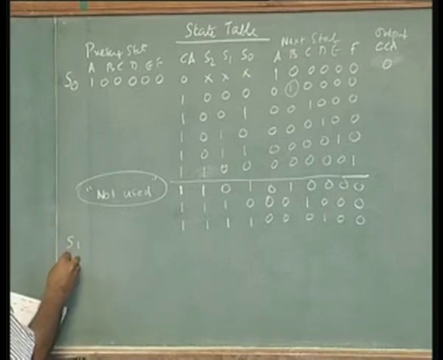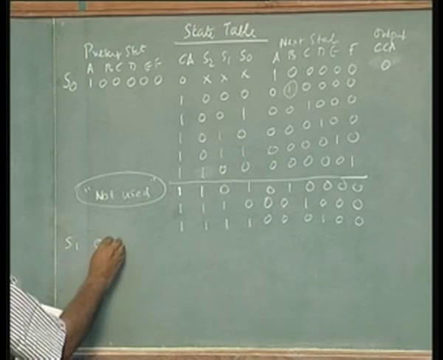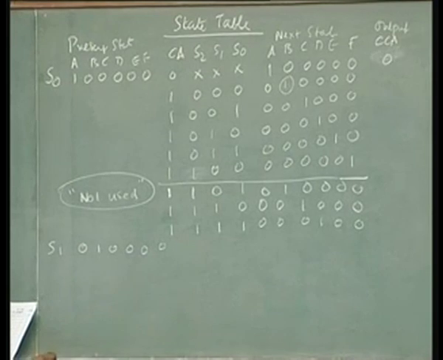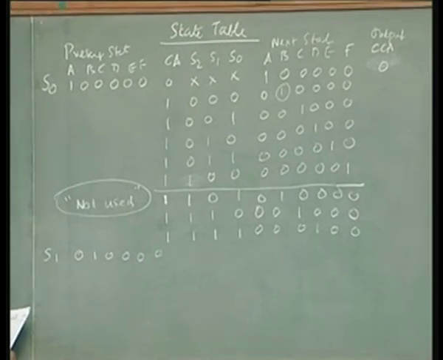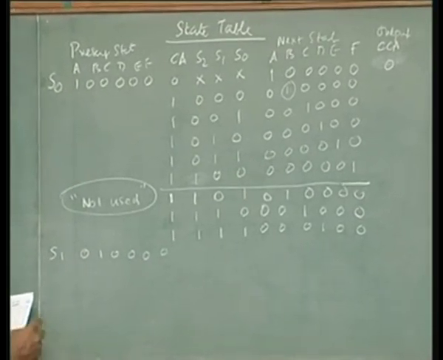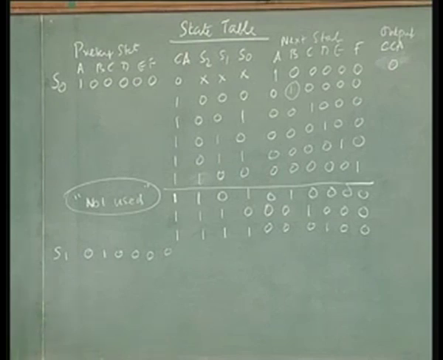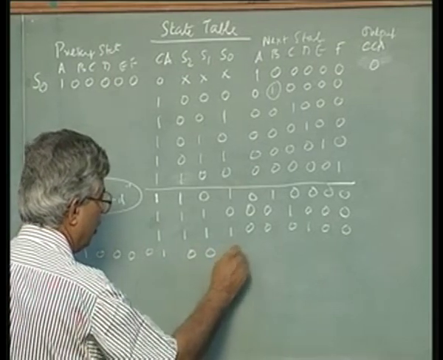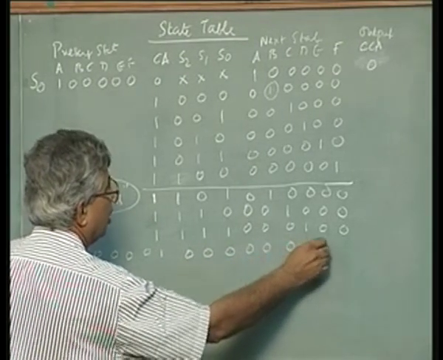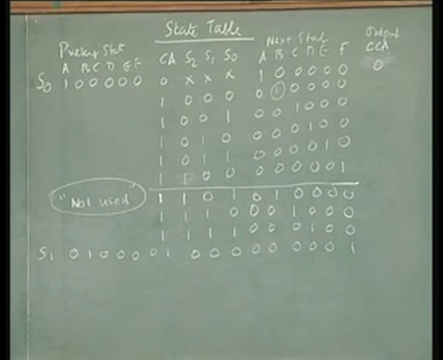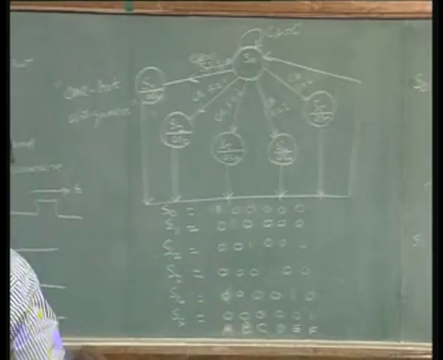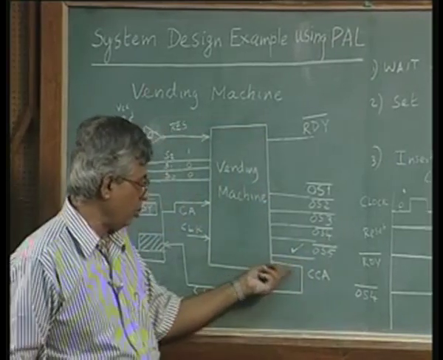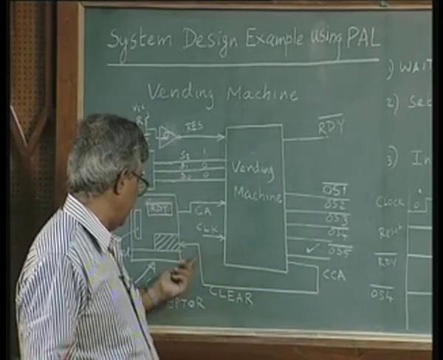I am not going to complete this table, you can do it yourself. Whatever happens, it goes to the next state. Only when you go to the next state are we going to produce the signal, the clear signal, the CCA signal. The CCA signal will be generated, which will clear the